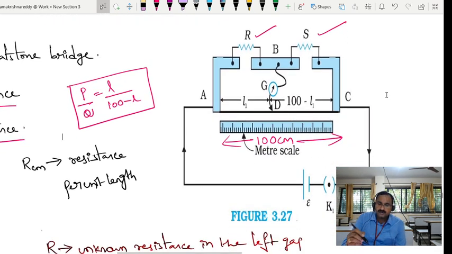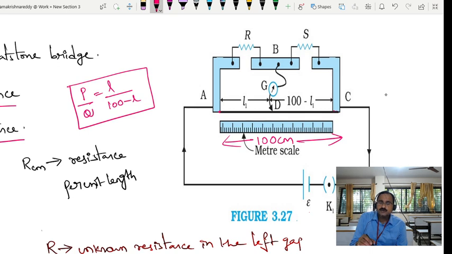See that one, all of you, the explanation for that. Normally, a wire of 1 meter length and uniform cross-sectional area is stretched between these two points, along the side of this scale. One end is connected there, as you are clearly observing. The ends of this wire are connected to a cell and key.